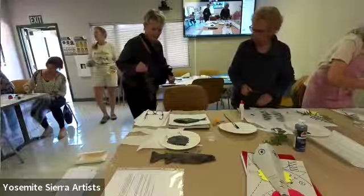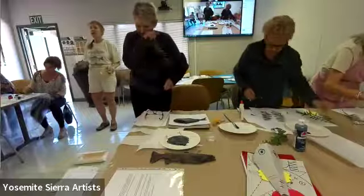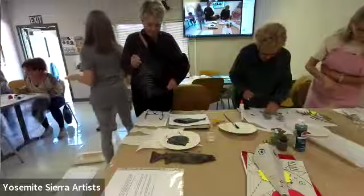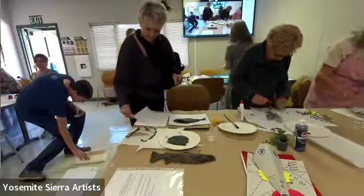If you have sumi, it's very thin, so you just brush it over the top. Since I don't have it, I just did it with India ink. You brush it over the whole thing and it looks like it's all black, and then you press lightly and it looks good. The other thing is that there is